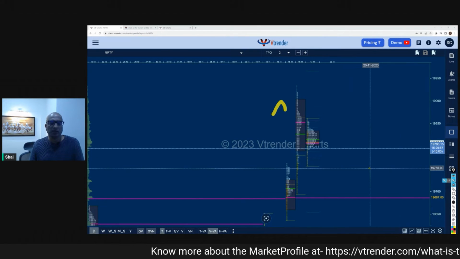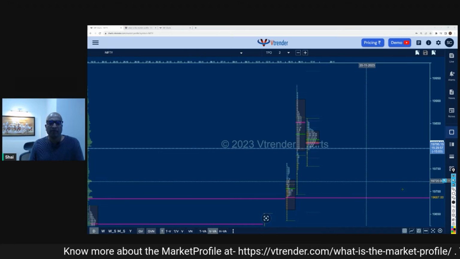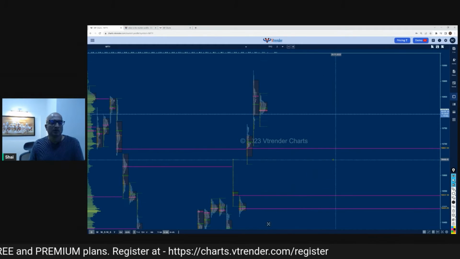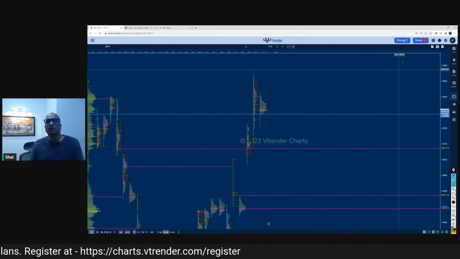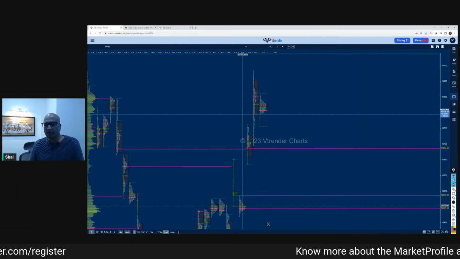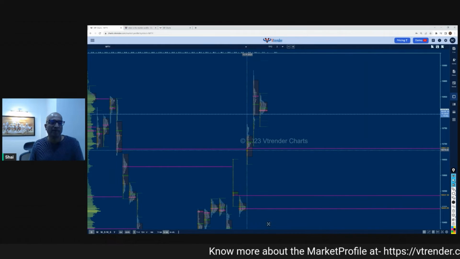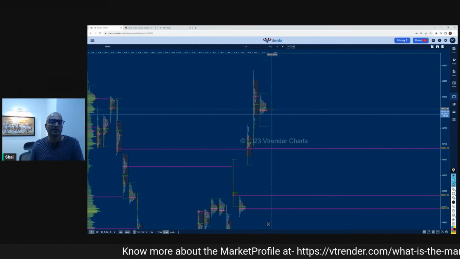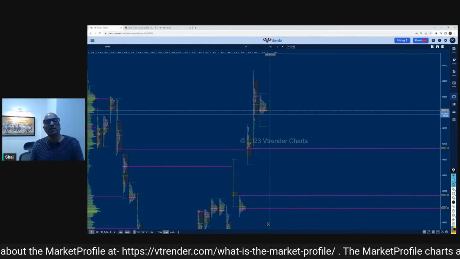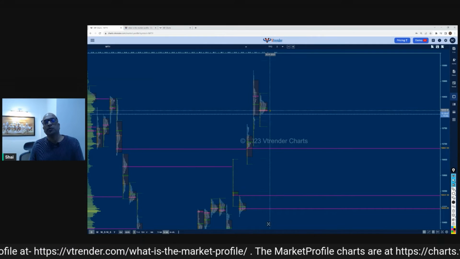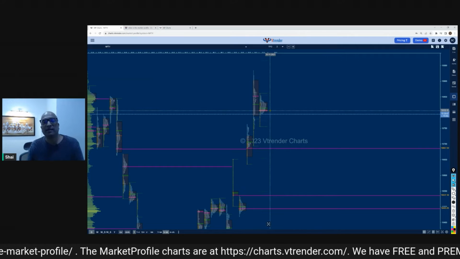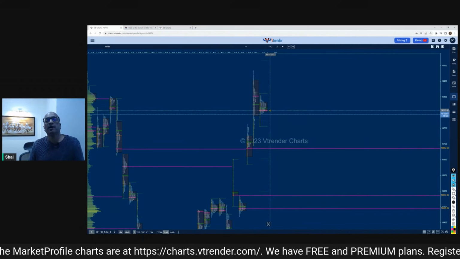Now, just looking at this structure, if I just zoom in, I'll just make the chart small. So this is the chart of the Nifty, and it's gone from this value area at 19,500 to a gap up here and higher, and today it is sideways. So one of the rules of market profile is, as long as value is created higher, the trend is higher, right? Let me repeat that. As long as value is created higher, the trend is higher.